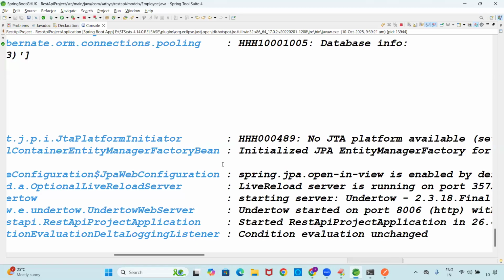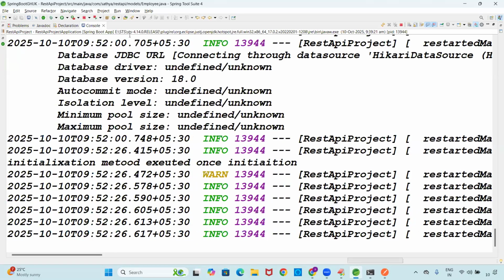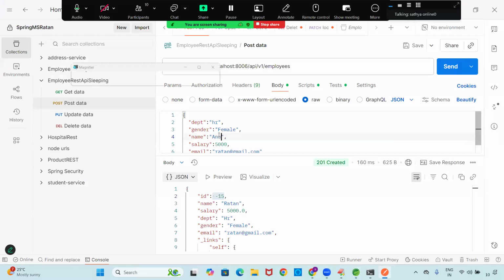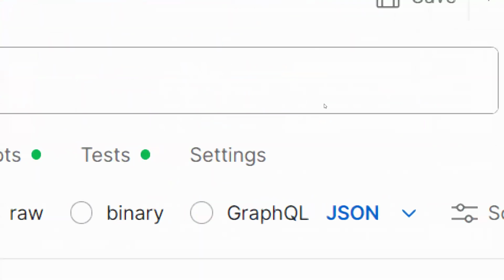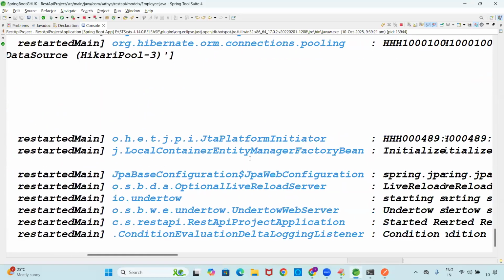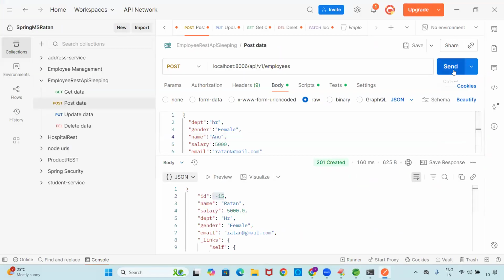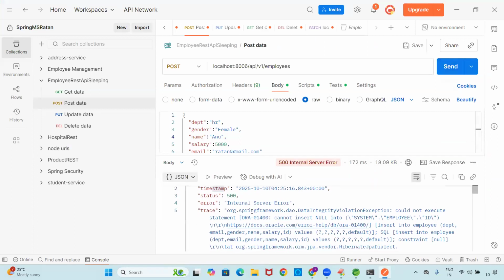See guys, now I change it to what data guys here? Identity. Yes, if I change it to identity, now again you please run the code once. Here you can take the name, just Anu I changed it. After that you can click on send. Before clicking on send, please wait for a few seconds. Here the application has started. Fine. Click on what guys here? Send. See guys, once you click on the send